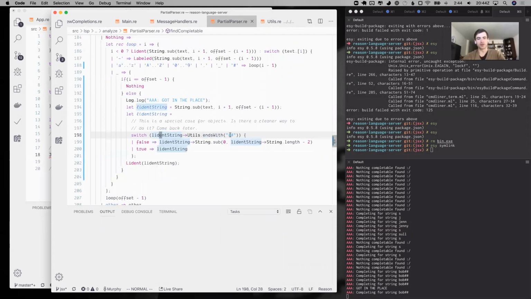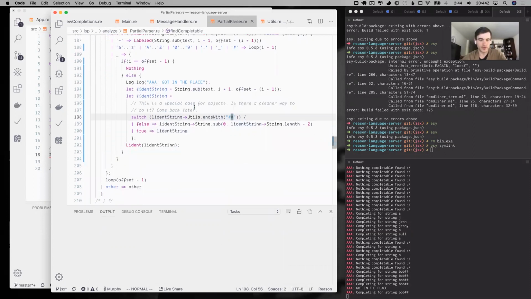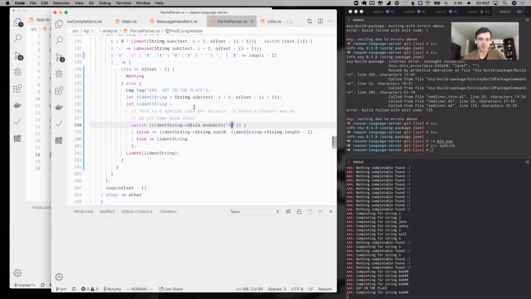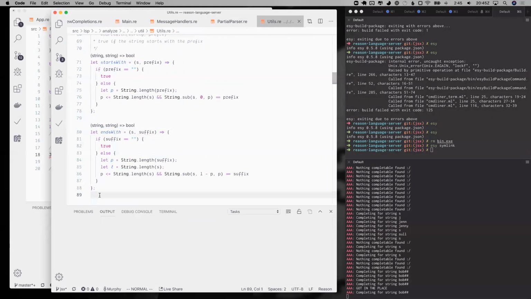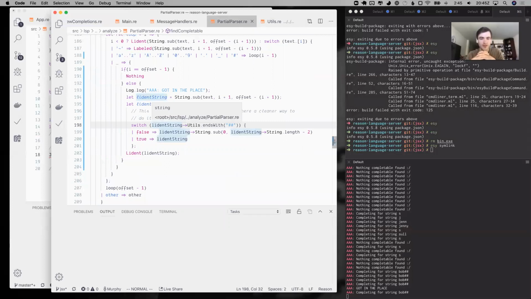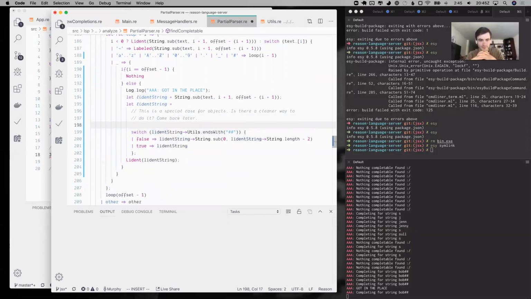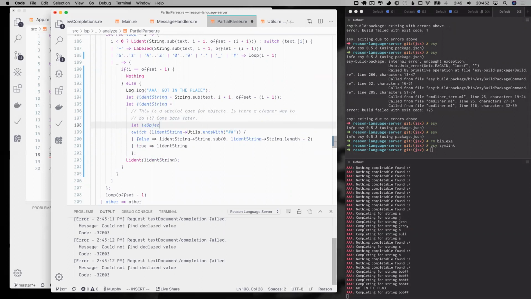I mean, we can just extract these to a couple of variables, right? So that lident utils end with, we can just say is object prefix and then log the is object prefix. In here, you want to do that? Oh, no, inside of the right place. Here. Yeah. I understand what you're saying. Okay, great. Let is object prefix equals, boom. Switch is object prefix. Now, why is that getting